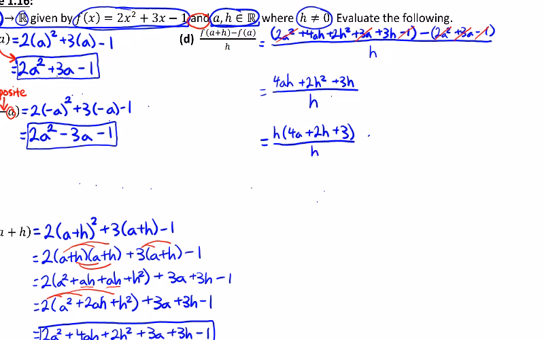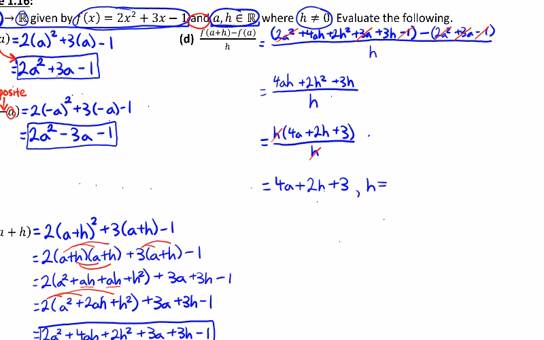And that now allows me to cancel out the h's, because remember, h just represents a real number. So if I have a real number in the numerator and the same real number in the denominator, I can cancel them out just like I'm simplifying a fraction, the idea of reducing a fraction. Same concept. So now I get a final expression of 4a plus 2h plus 3,